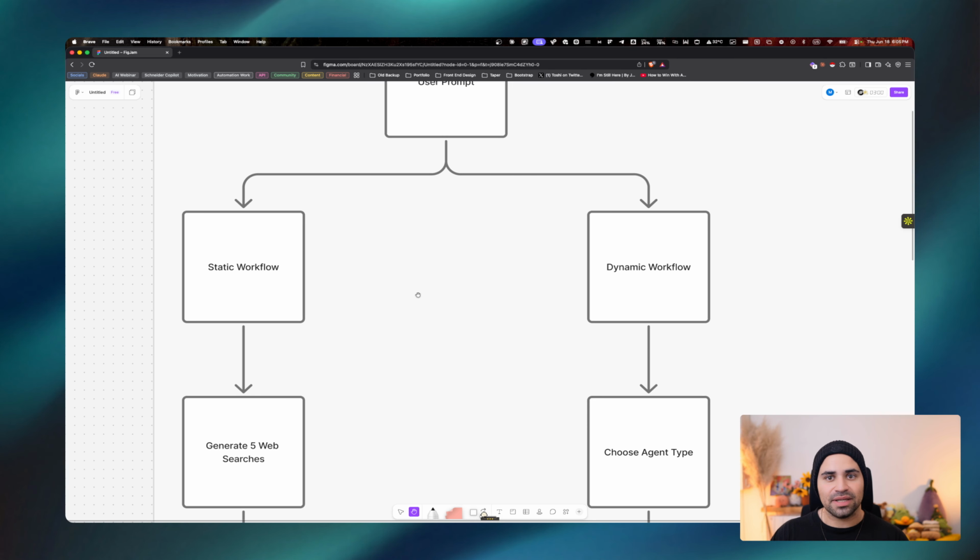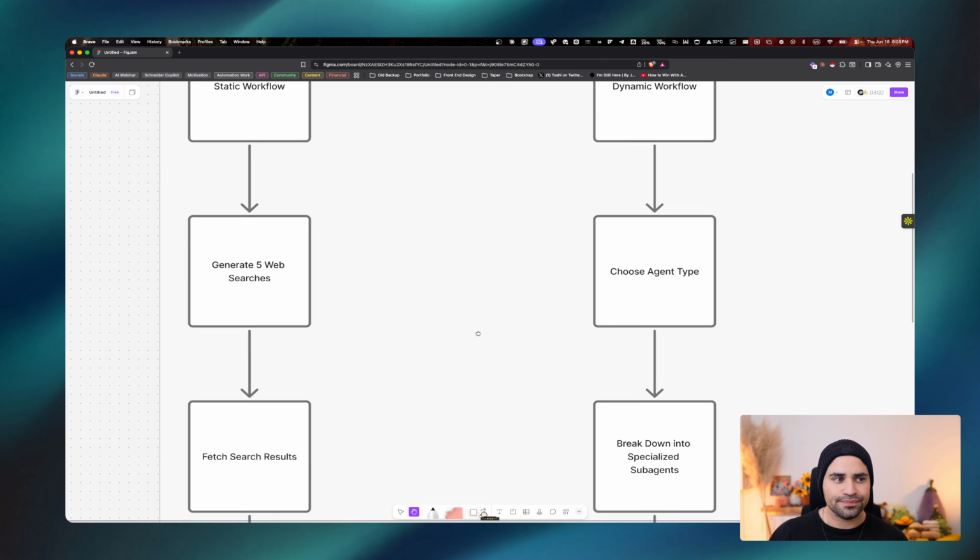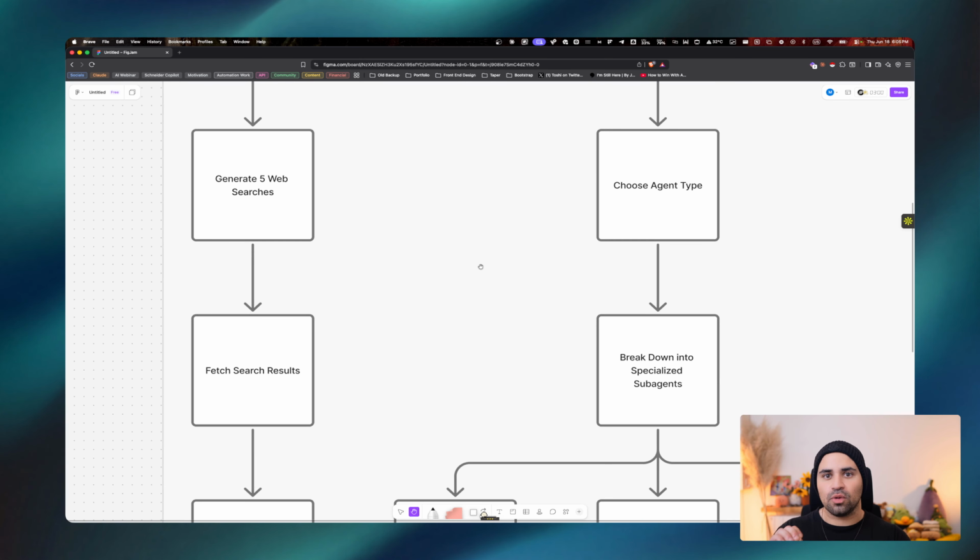So think about analyzing a business plan. Think about just being able to change the entire UI of a website all at once. This is what dynamic workflows are meant for. It's extremely powerful whenever you need to fan out a lot of work and maybe even analyze a lot of different possibilities. Now, once you get the workflow running, what it's going to do is break down